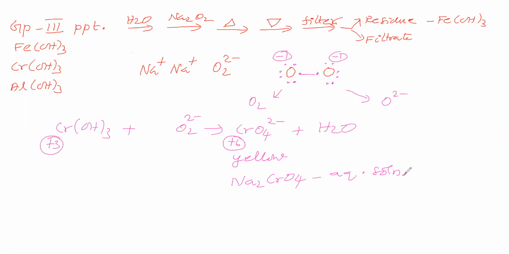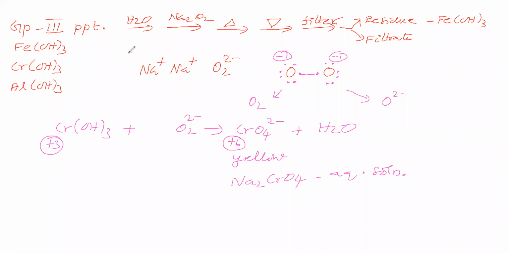So sodium chromate is in aqueous solution. Why is the cation sodium? Yes, sodium only is there. Chromium is in the anionic part. CrO4 2 minus is the anionic part. It is called an oxoanion. We can't split chromium separate, oxygen separate here. In the oxoanion, we should not split metal separate, oxygen separate. So therefore we can say chromium is in the anionic part. So the cation in this salt is sodium, not chromium. The cation in this salt is sodium ions.